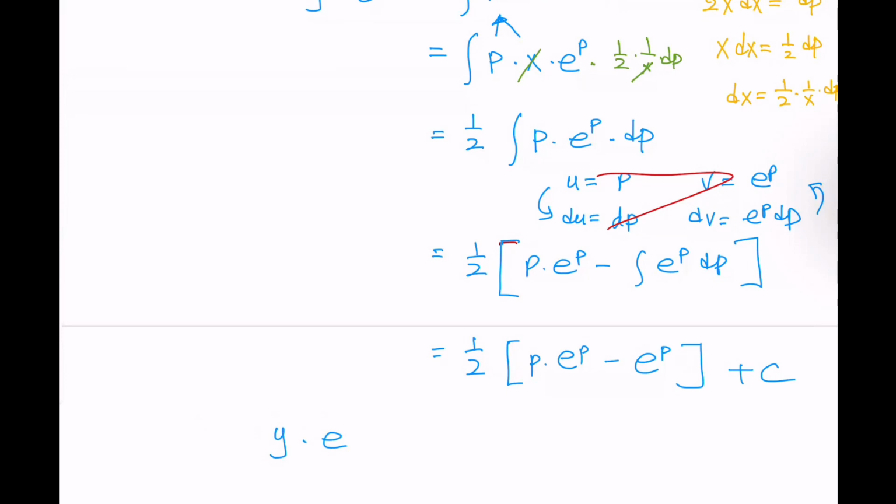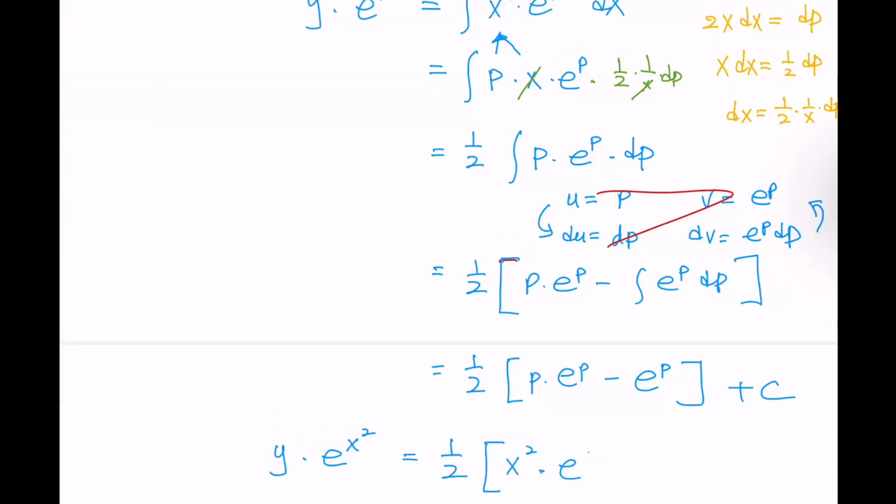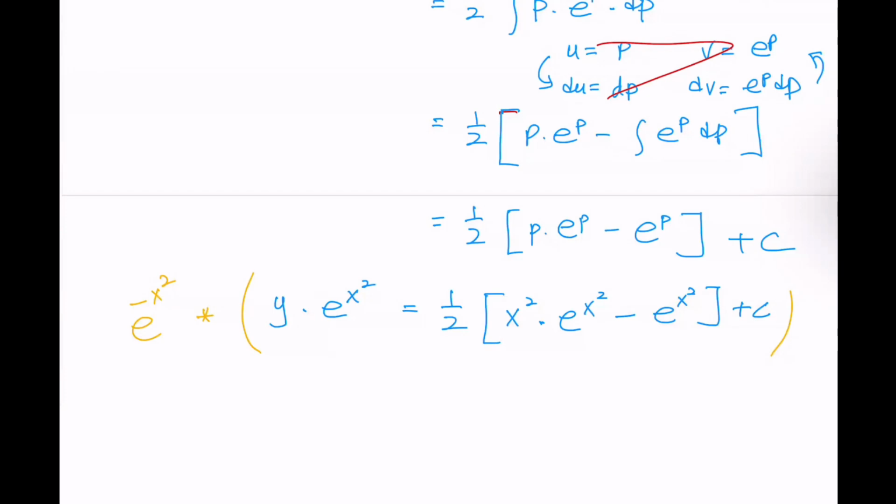Now, if you put the whole equation in terms of x, then it's going to be 1 over 2, we said p is x squared, e to the x squared minus e to the x squared plus c. If you multiply everywhere by e to the negative x squared, we have y equals 1 over 2 x